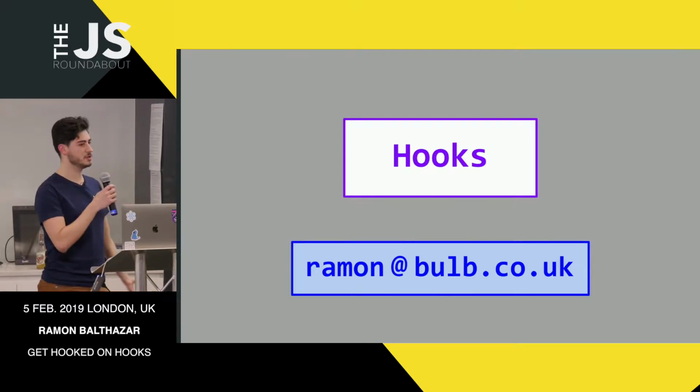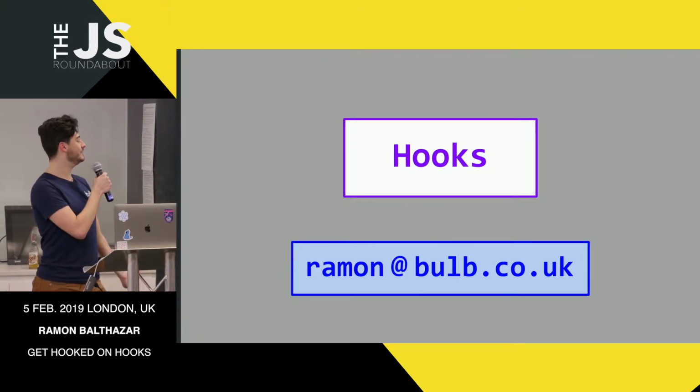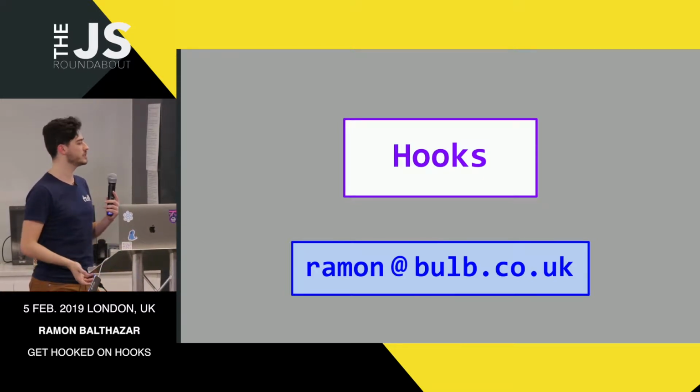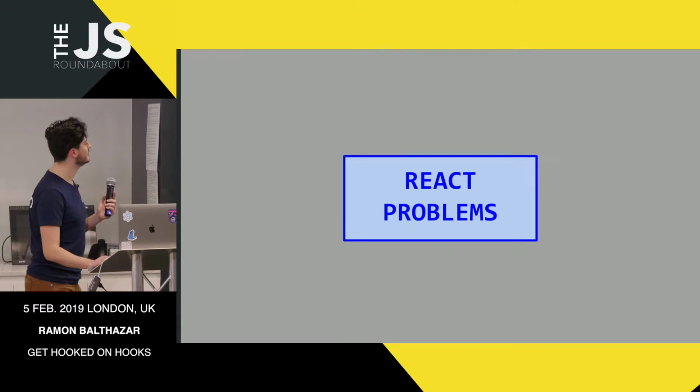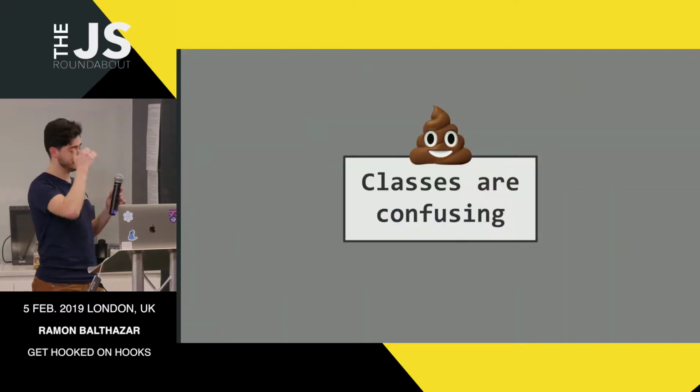Because, I mean, React is already mature. It's got this huge community. Look at all those people here. And I mean, you don't lack something big in React. So what we need now is just to make it simpler, make it more usable, mainly for new developers. So to point out why hooks are important, I'm gonna tell you some problems in React. Some of them might not seem like that big, but if you allow me to complain about them, please let me. Okay. So the first thing that bothers me the most is classes and how confusing they are.